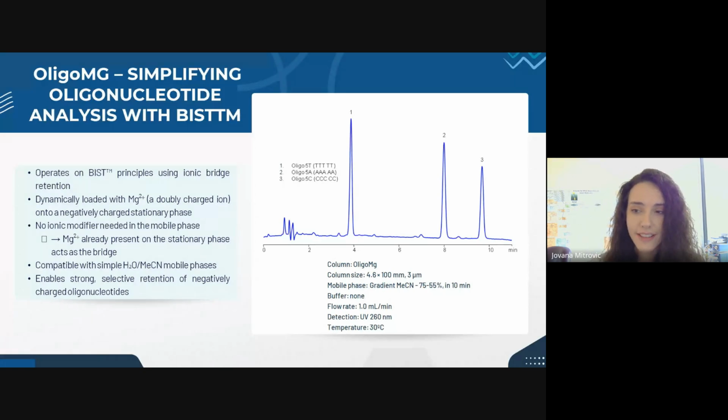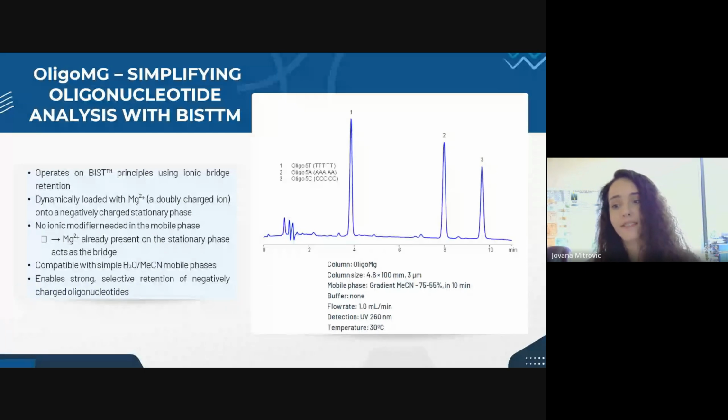The stationary phase in this column is negatively charged, just like the standard negatively charged BIST column. However, the surface is preloaded with magnesium ions, which are doubly charged cations. And these magnesium ions serve as built-in bridging agents. So now, when a negatively charged oligonucleotide enters the system, it no longer requires a separate ionic modifier in the mobile phase. Instead, it can immediately interact with the stationary phase via the prepositioned magnesium bridges, enabling effective retention through